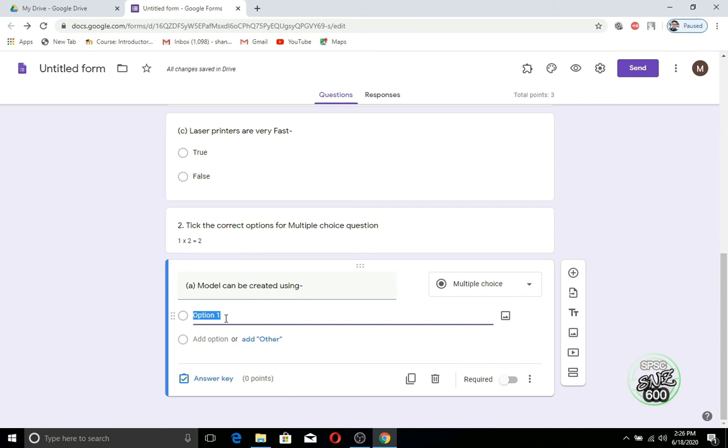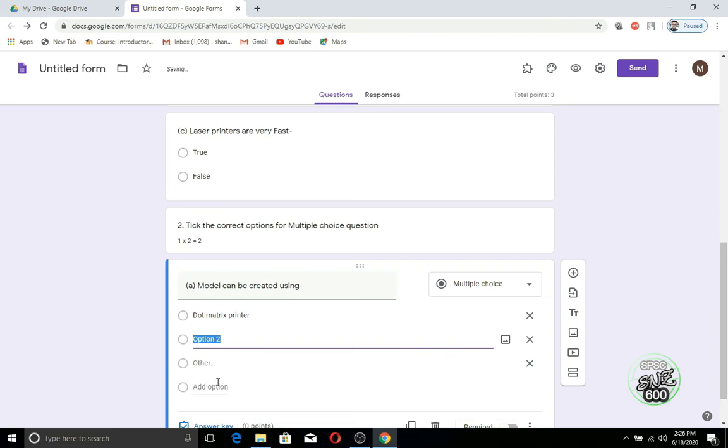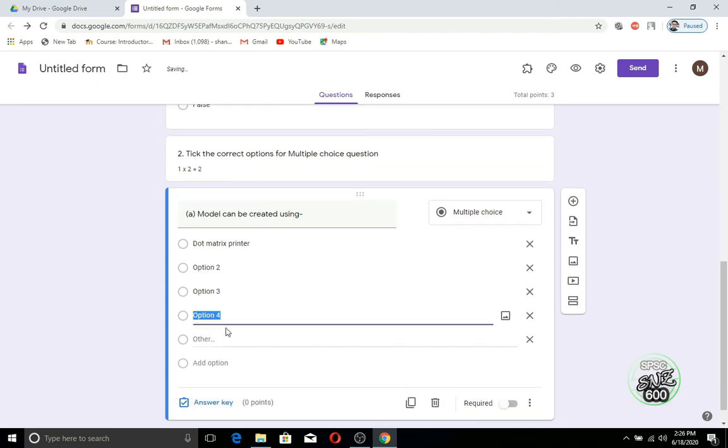First of all I'll write dot matrix printer. Option 2 needs to be added, so click on this button again, option 2, click this button, option 3, click this button again, option 4. So I'll give 4 options. I don't need other options, so I'll remove the other option.